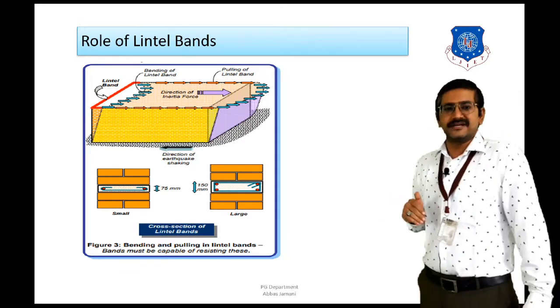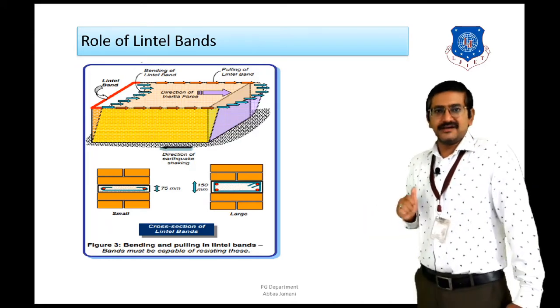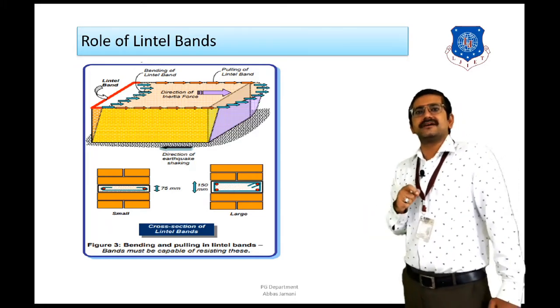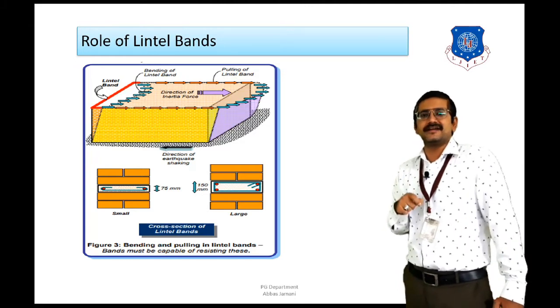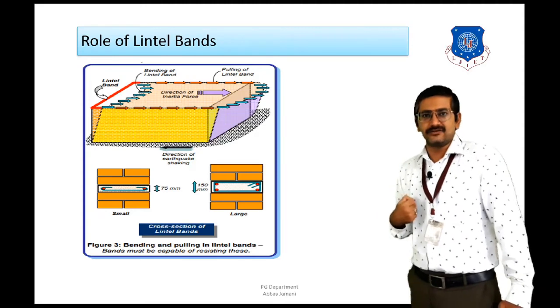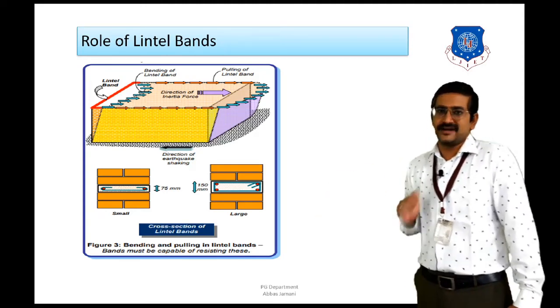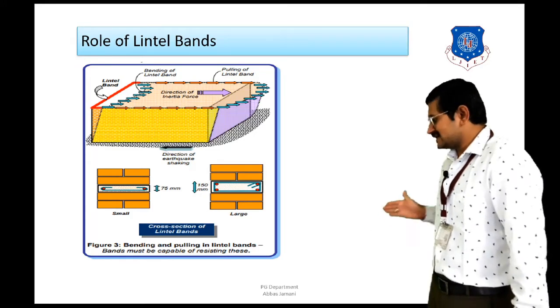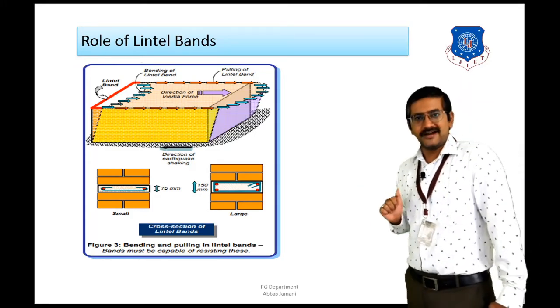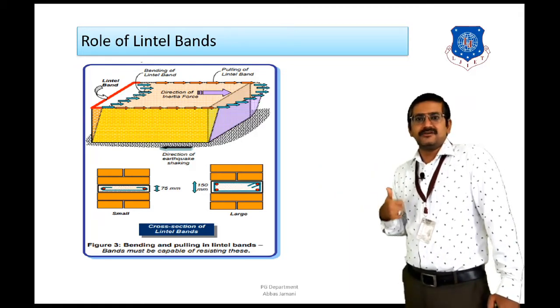Right, so if you look at this particular figure over here, then what is done is that the horizontal earthquake force that is shown is going to be applied in one direction, that is from right to left. Now we know that whenever the earthquake force is applied from right to left, the inertia force which is going to try to resist this force is going to act in the opposite direction. That is, it is going to act in the left to right direction. So as you can see in the figure, the earthquake load is applied from right to left, and the inertia force is applied from left to right.